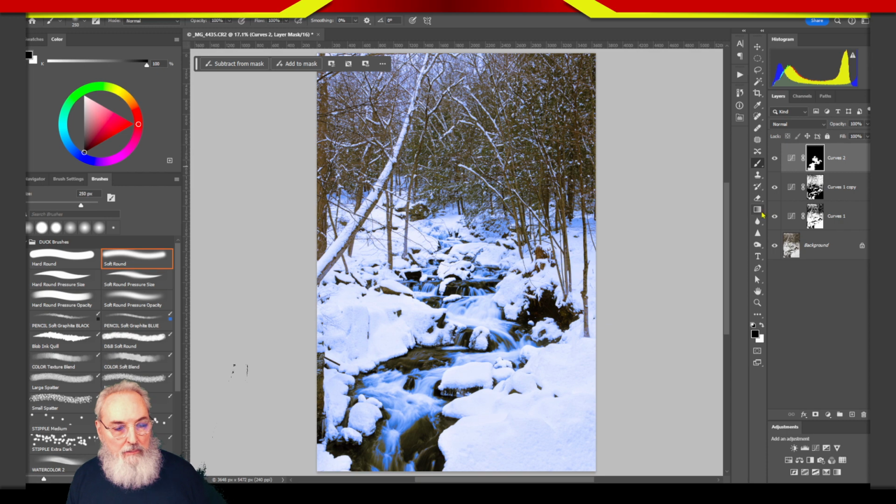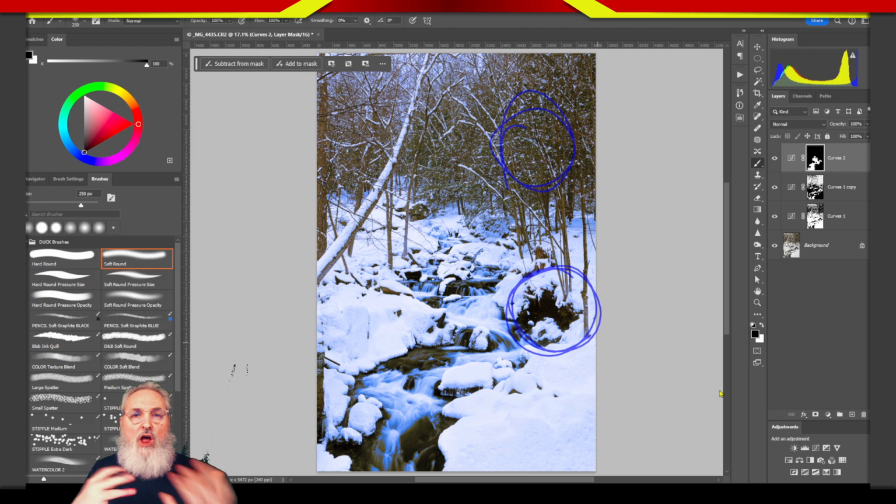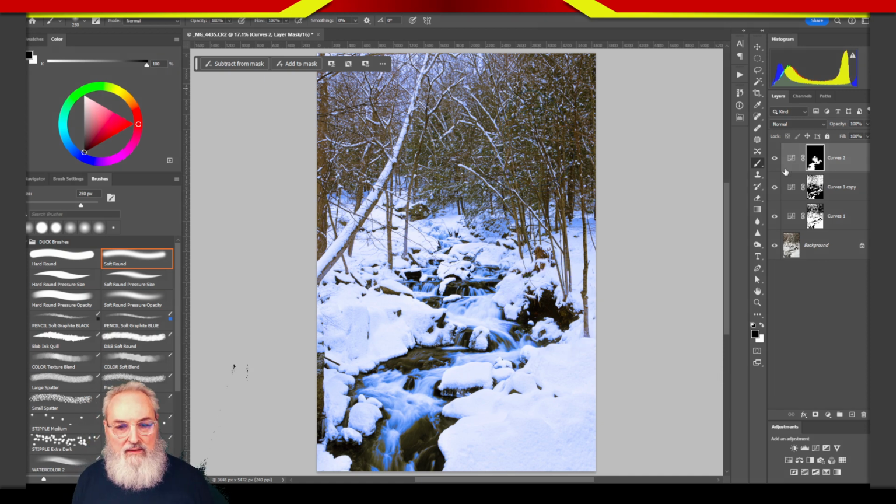Because what we've done is these shadow areas that matched this, when it all looks the same, it all blends together. By changing the contrast between two elements, it brings attention to one of the elements. So by deepening my shadows in the stream,